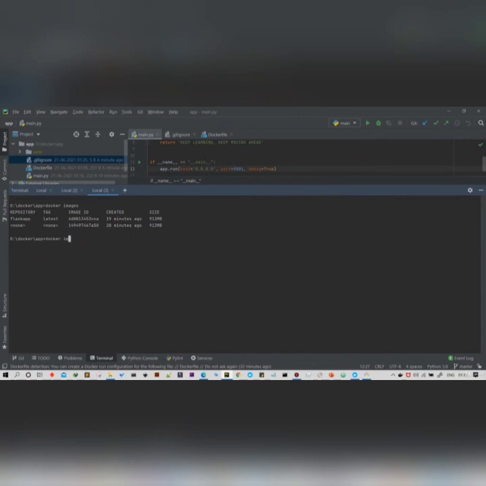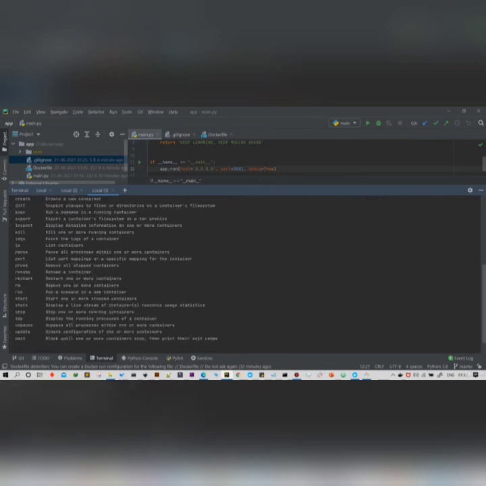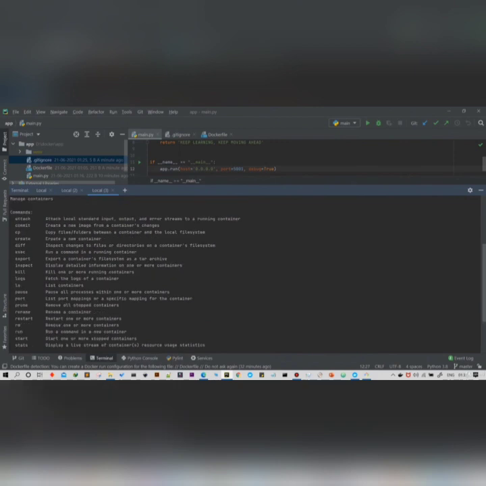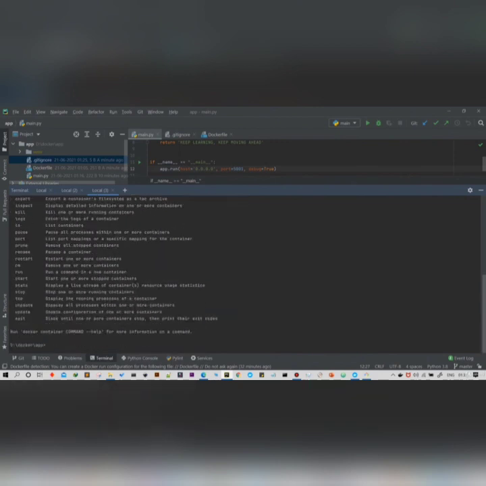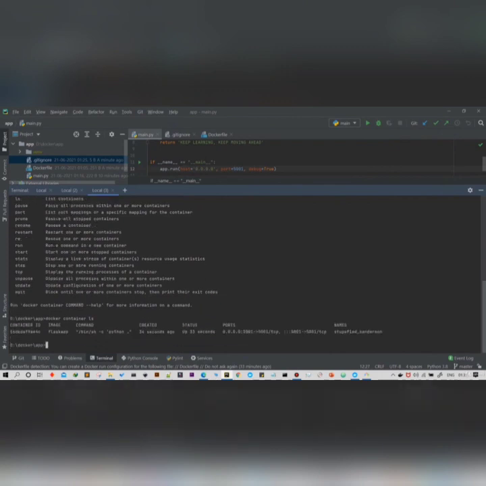Okay, docker image is used to show all the images which are there inside your PC. Now docker container has lots of commands, and in my previous lesson I also showed you how you can list your containers using docker container ls.